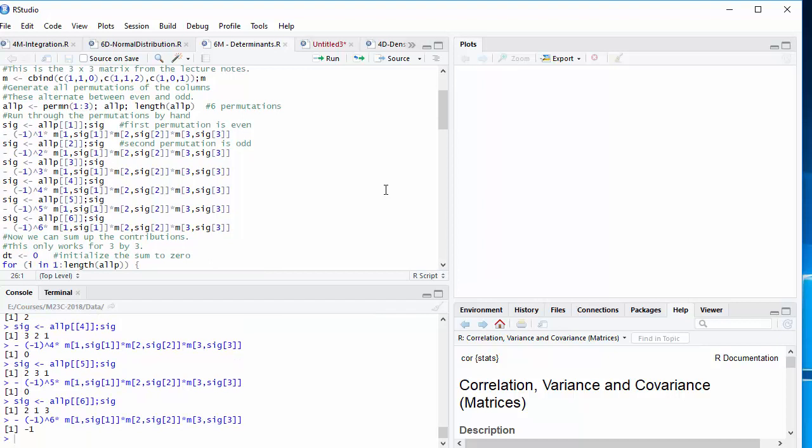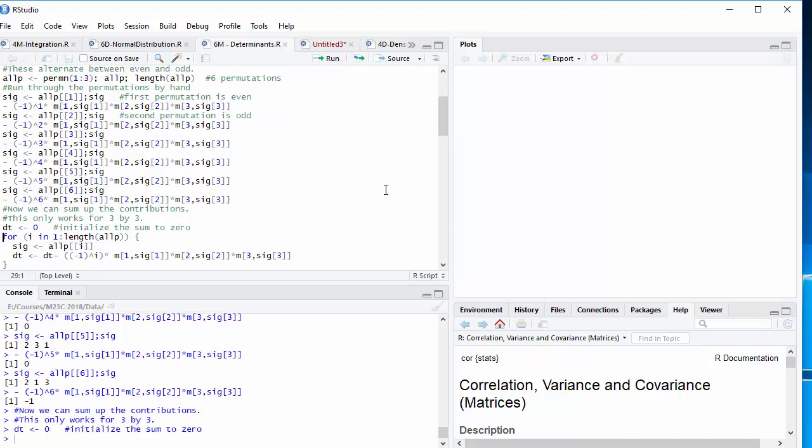Now we want to sum them up. Now the following code only works in the 3 by 3 case. It's pretty obvious how to extend it to 4 by 4. A little less obvious to extend it to n by n, but you're not being asked to do that. I'll use a variable called dt to hold the sum of the contributions from the 6 permutations, and I'm running through the length of this list of permutations, all p,